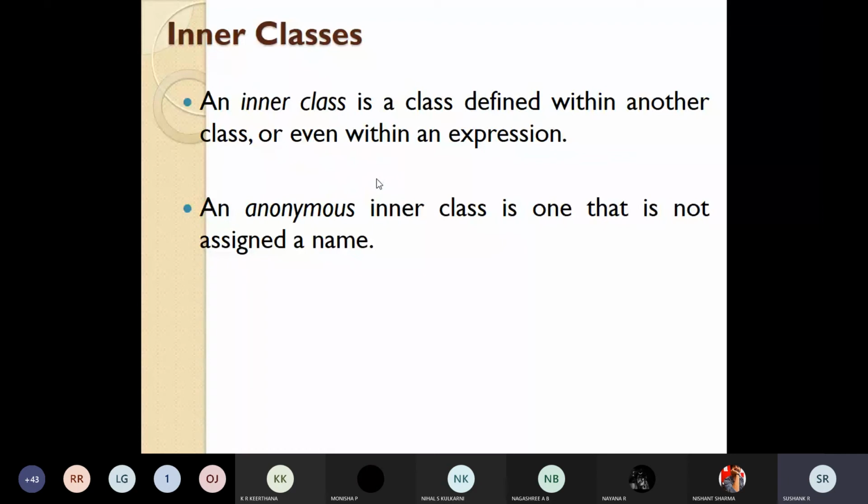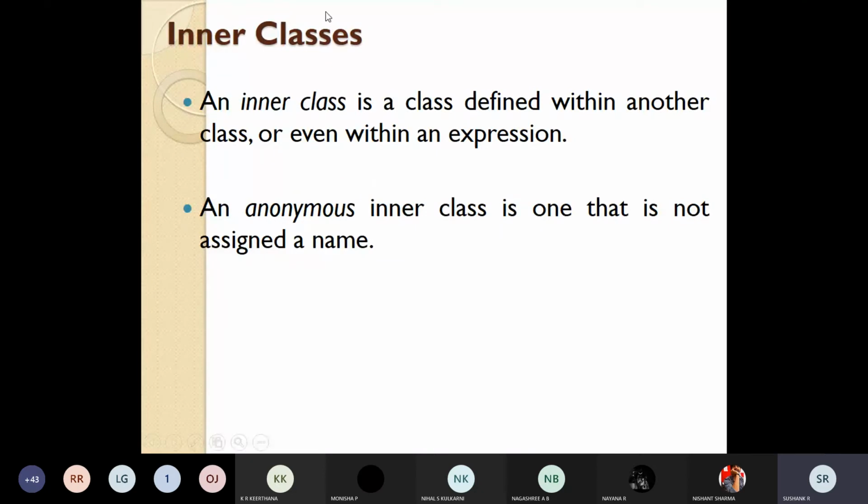We'll just check the programs related to the inner class and anonymous inner class.